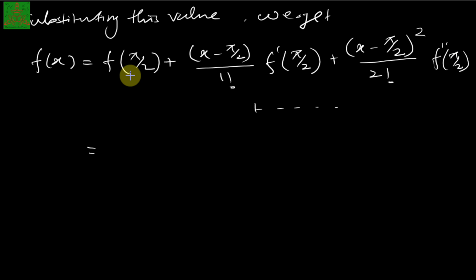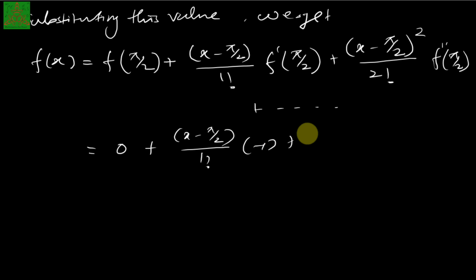As we have discussed, f of pi by 2 is 0, so it is 0 plus x minus pi by 2 upon 1 factorial f dash at pi by 2, which is minus 1, plus x minus pi by 2 square upon 2 factorial f double dash of pi by 2, which will be 0,